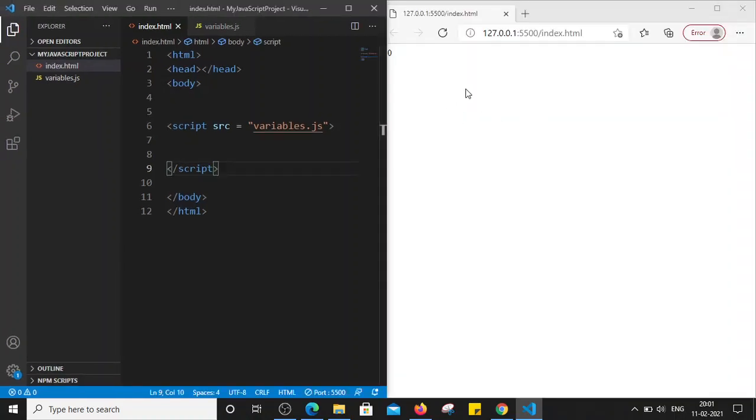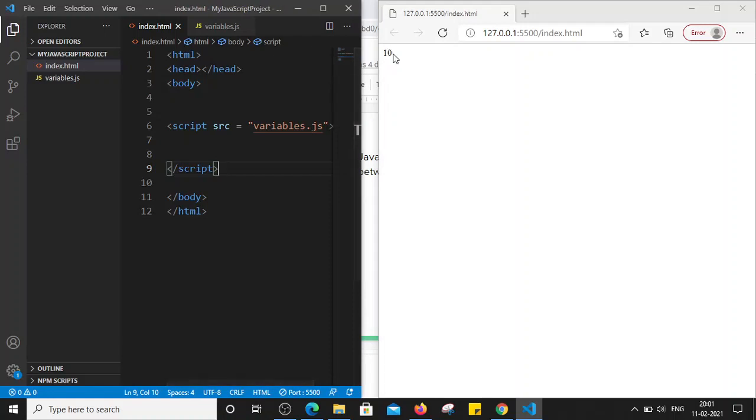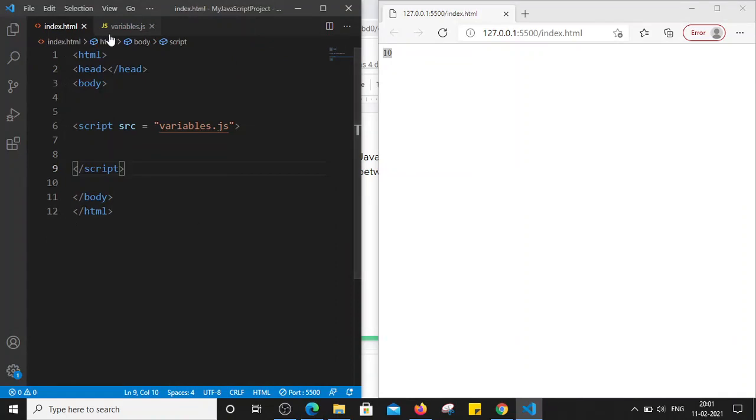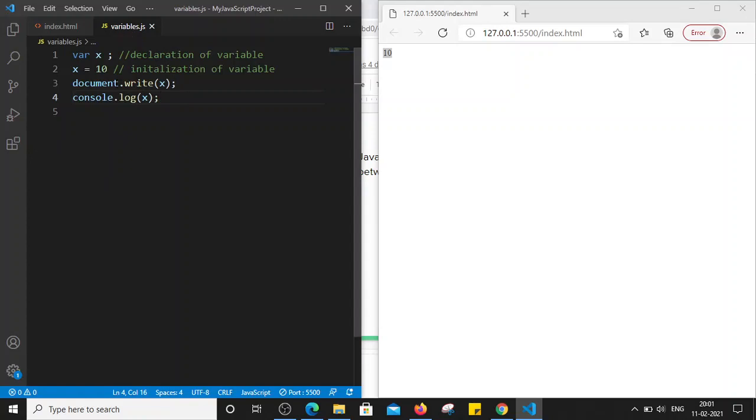Yeah, so this is our browser. So this is the value, right? We have defined document.write x in our variables.js file, so it has printed the value of 10 to our web page, correct?